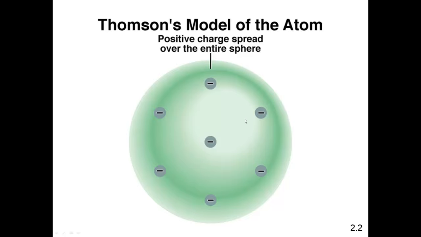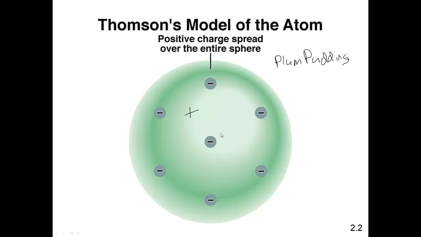Alright, so Thomson's model of the atom looks something like this. It's often called the plum pudding model. He was an Englishman, and they like their plum pudding in England. So, plum pudding. When I say Thomson, I would like you to think of plum pudding. So, the plum pudding model. And essentially,